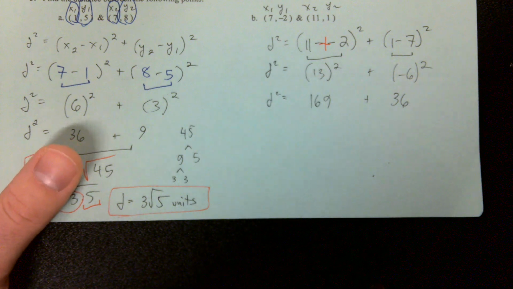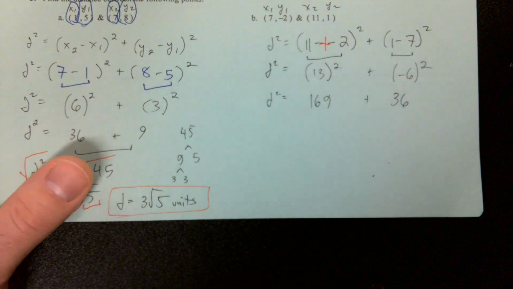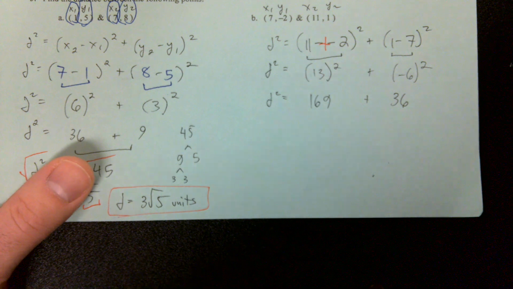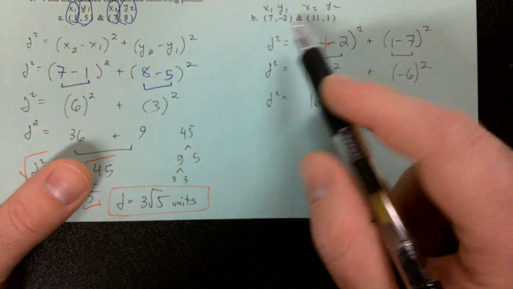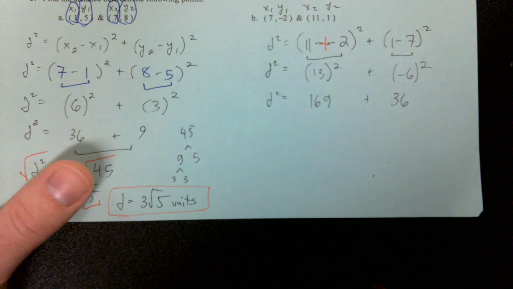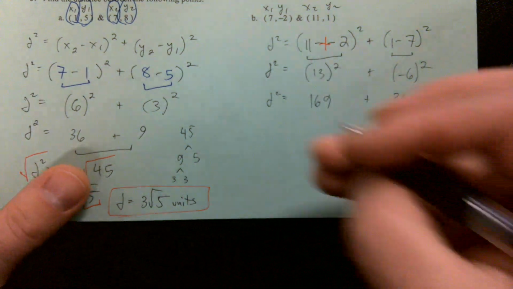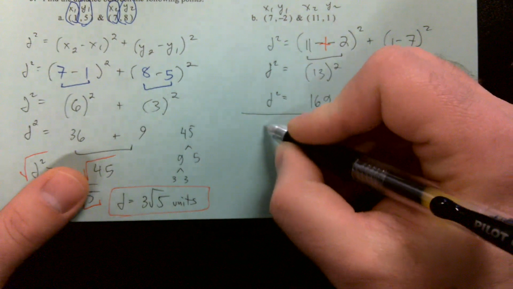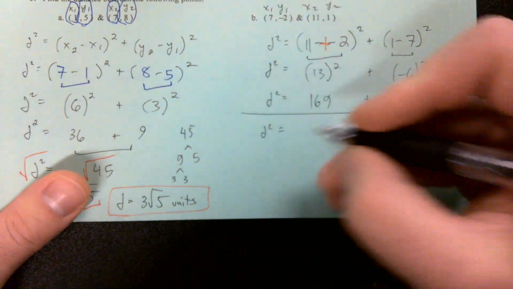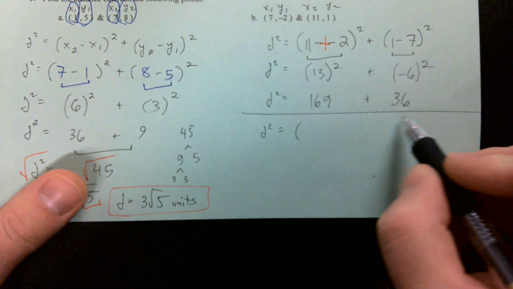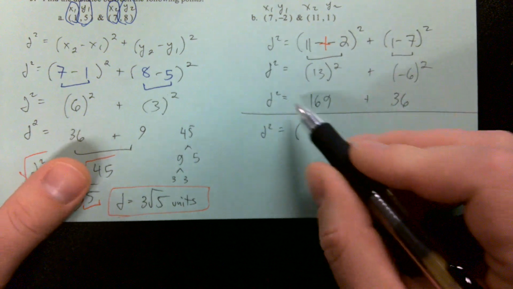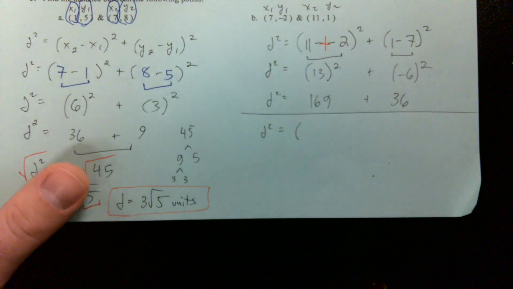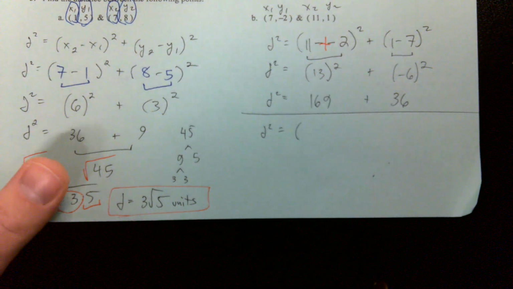Right? Yes. I think weren't you supposed to do 11 minus 7? Ah, you're right. x2 minus x1, 11 minus 7. Good catch. See how easy it is to mess this up? I was feeling pretty confident about that. I was like, oh, I got two numbers, I square them. Then I would get, what, 205, and then that's weird, but